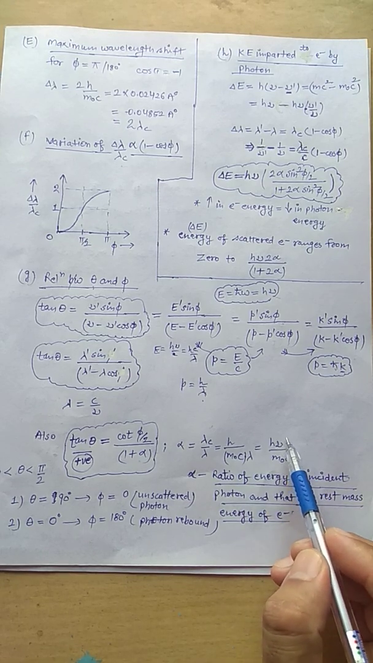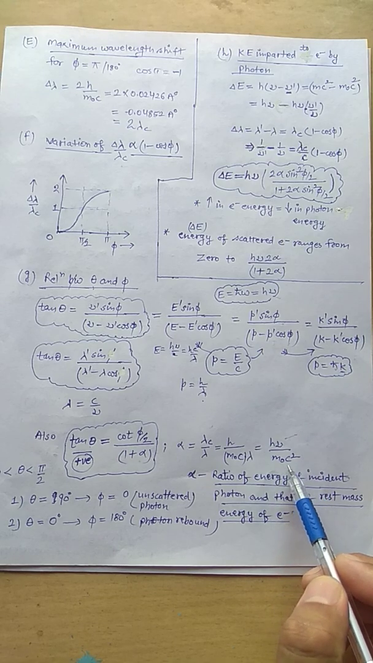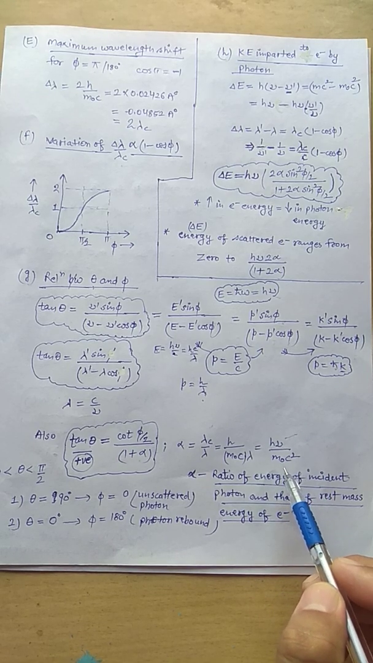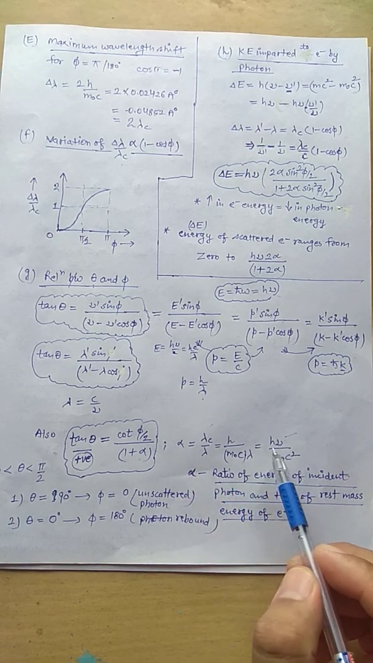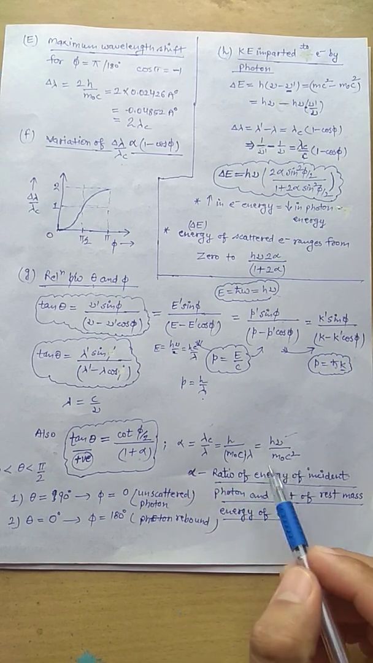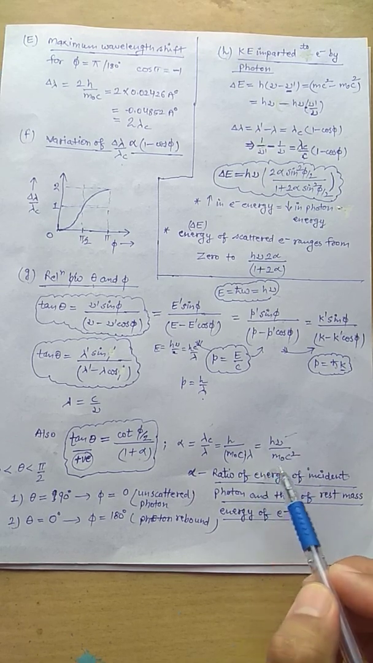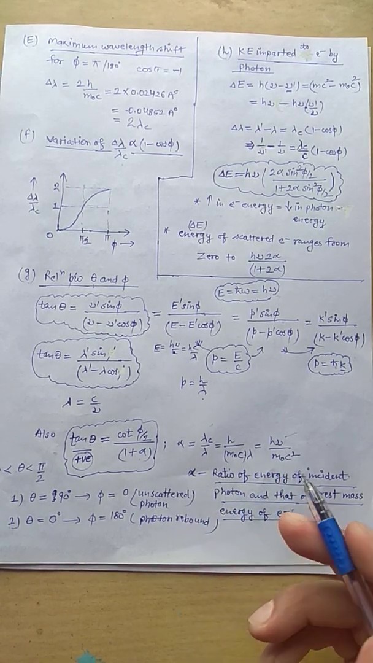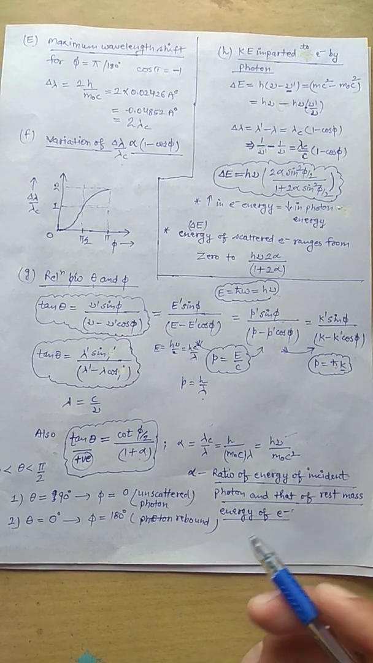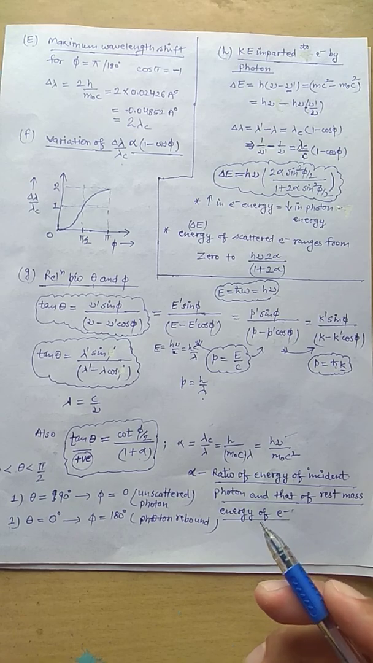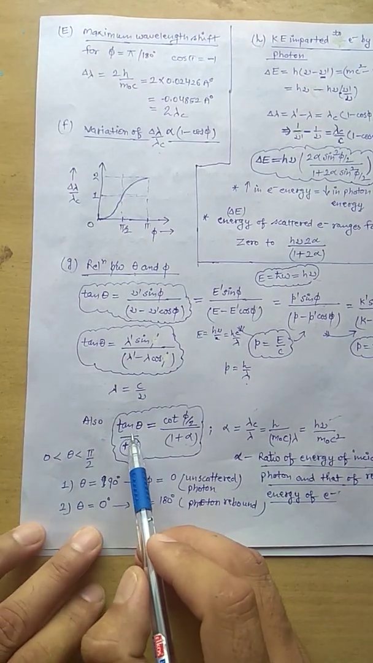And here hν is the energy of the incident photon, and m0c², this is the rest mass energy of the electron. So basically alpha is the ratio of the energy of the incident photon and the rest mass energy of the electron. So you can say this is the factor which decides the exchange of energy between the incident photon and the scattered electron. Okay, one more thing you can see from here,